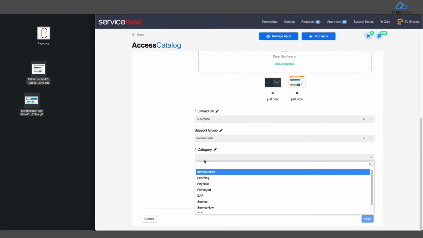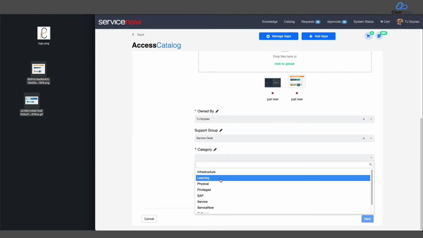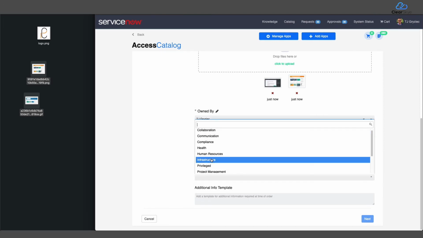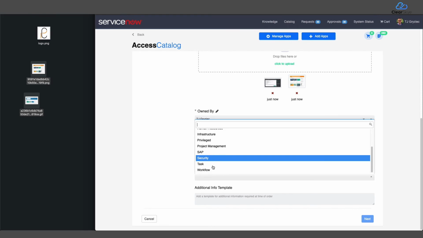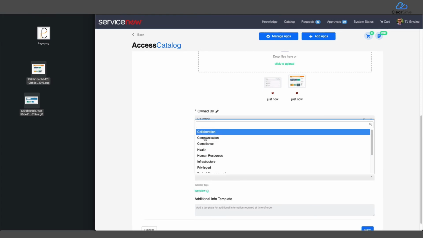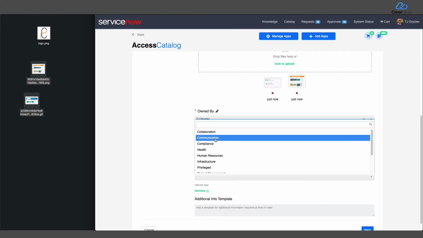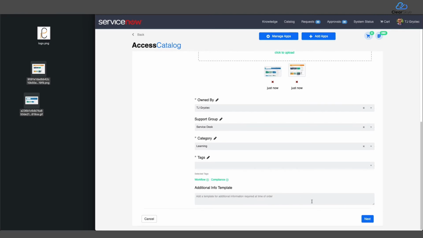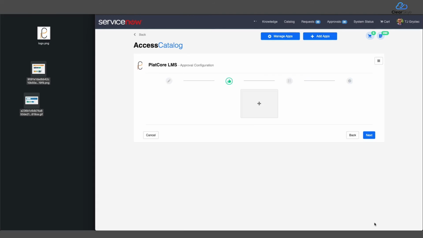We could specify categorization, things like learning. And then we can also specify tags. So if you wanted to specify workflow or security, depending on what type of training that is. And these can also be expanded depending on your organization's needs. So maybe we also have compliance within our training system. There's additional fields that we can provide, but because we're short on time today, I'm just going to skip past that last one. So here I'll go ahead and hit next,